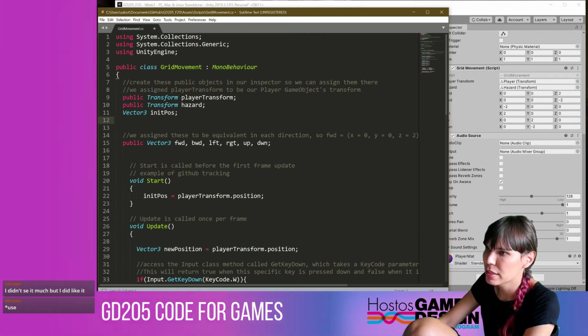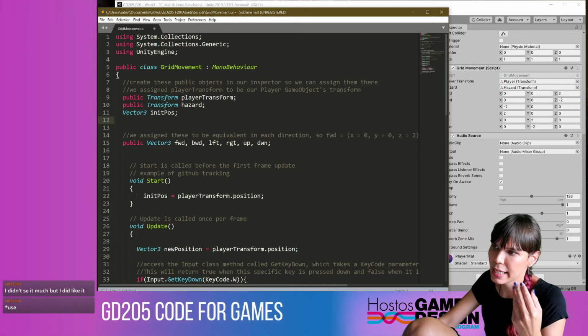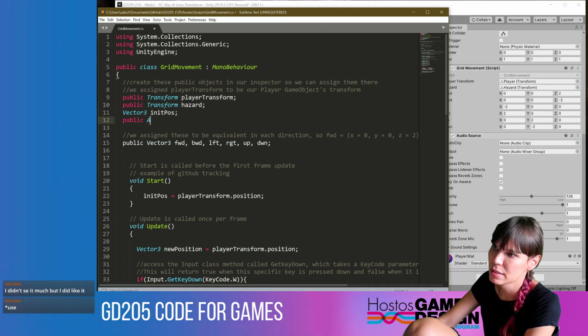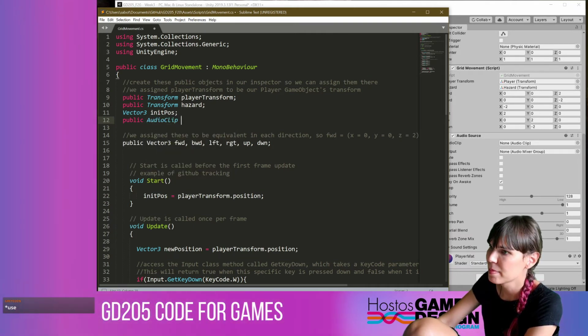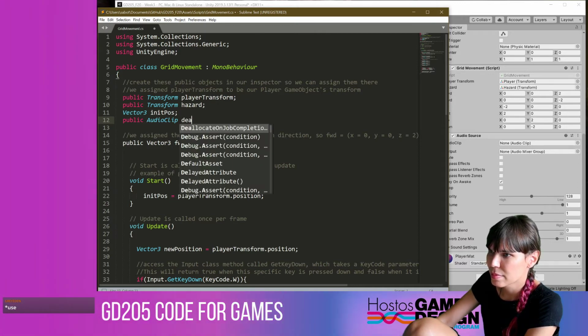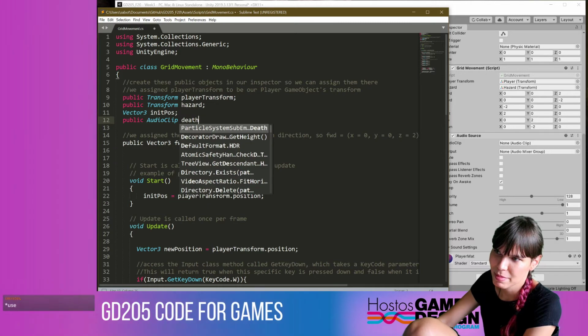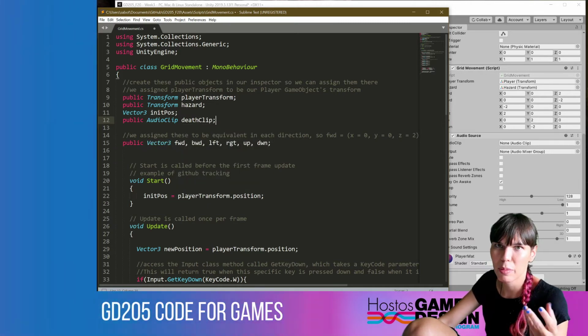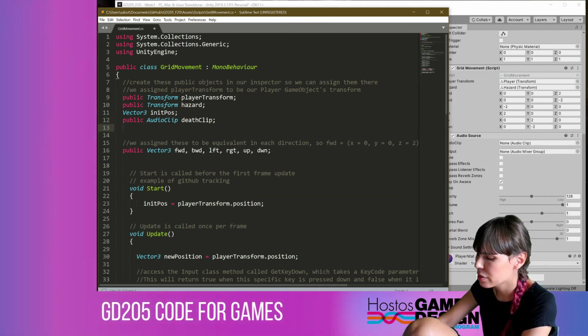If I want to be able to assign an audio clip in here, I can make a public AudioClip, capital A, capital C. I'll call this death clip, because we want it to play whenever the player's position resets. I might also create an